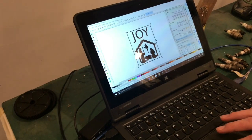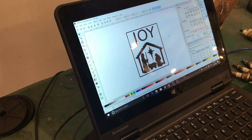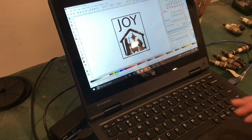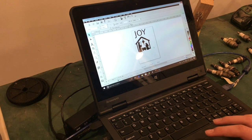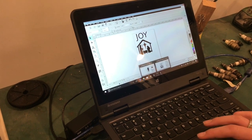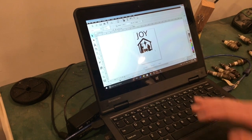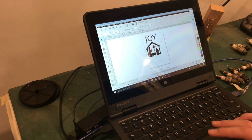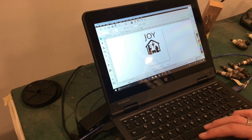So here in Inkscape, this is a vector graphic software we use to draw graphics. Here's a graphic we got for just a gift. We're going to be cutting this out on plain black vinyl. So we went ahead and copied the file here and pasted it into the software. Now that we have this pasted in here, placed where we want, we can go up here to the corner